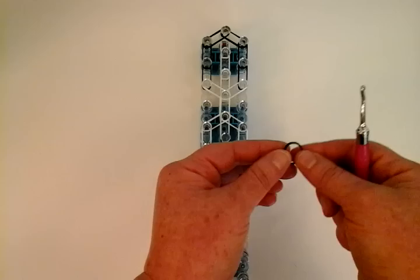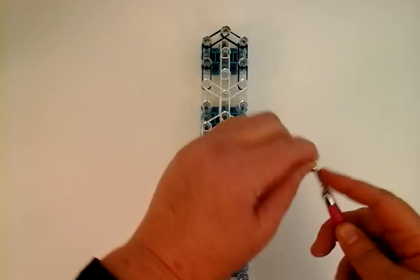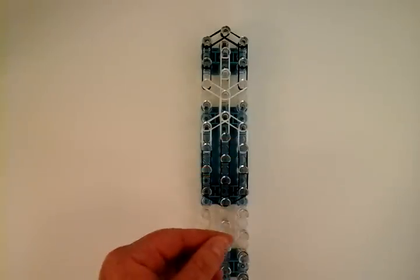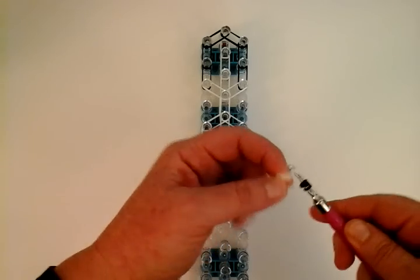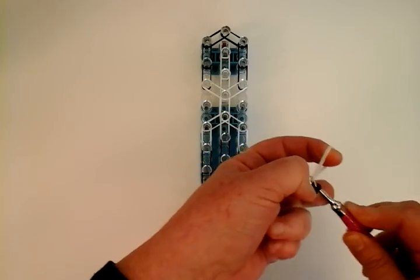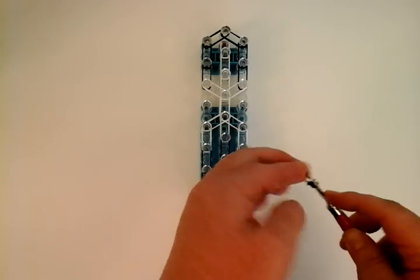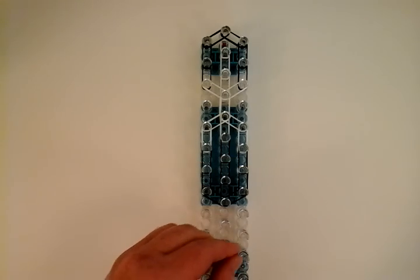So take a black, wrap it around the hook 4 times, so 1, 2, 3, 4. Then take a double white, and this is like your little paw. Place the black in the middle, place the white back on the hook. Then you take another double white,